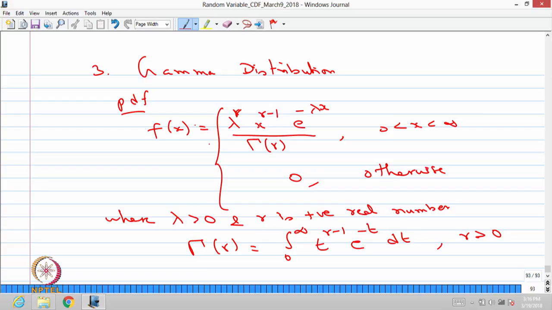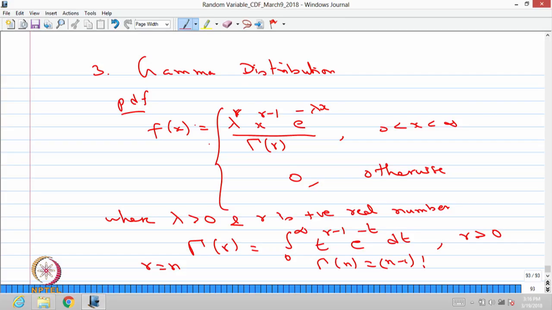When r is a positive integer, label it as n, then gamma of n is n minus 1 factorial. In general, r is a real positive number and lambda is again a real positive number